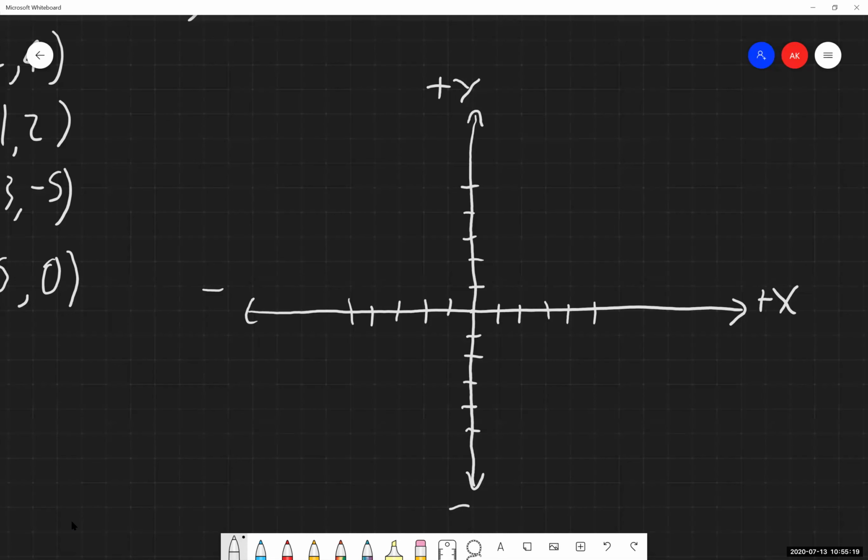Now you have the choice, it's your call, if you would like to label each of these as 1, 2, 3, 4, etc. Or you can count by 1s and then just give me, here's 5. So I can count out 1, 2, 3, 4, 5. Okay, at 5 tick marks to the right, we're at +5. Great. I know what you're going by. We go 1, 2, 3, 4, 5 in the negative direction, then we have a -5 labeled in there. I'm fine with that as well.